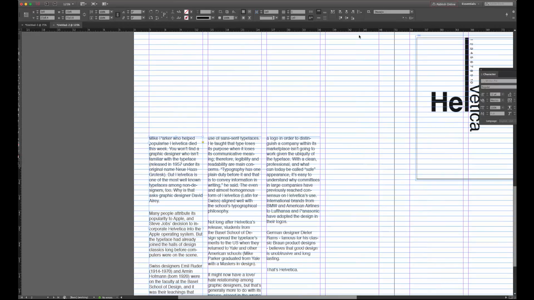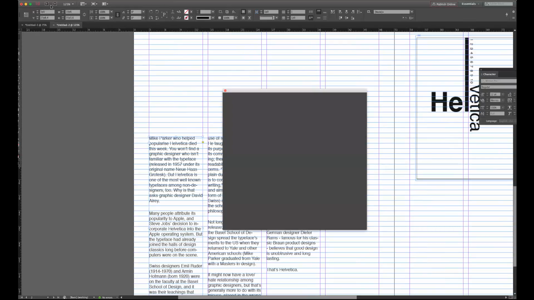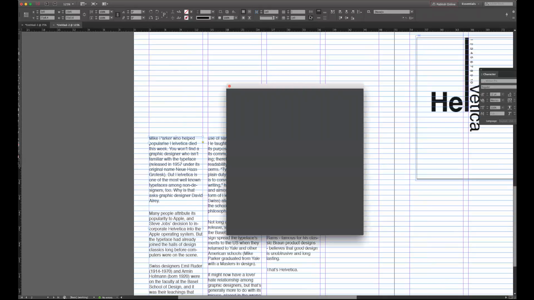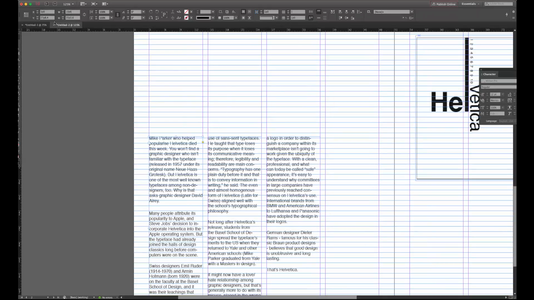Whoops, sorry, I pushed something I shouldn't have. Oops. All right, let me close out of this. Never mind. Okay, so now if we look under our paragraph formatting controls, if you look over here towards the middle, you really want to make sure the balance columns is selected, okay? So we'll select our columns and click balance columns.